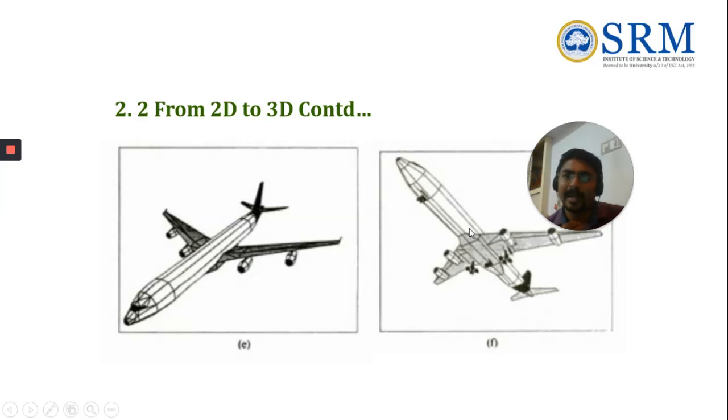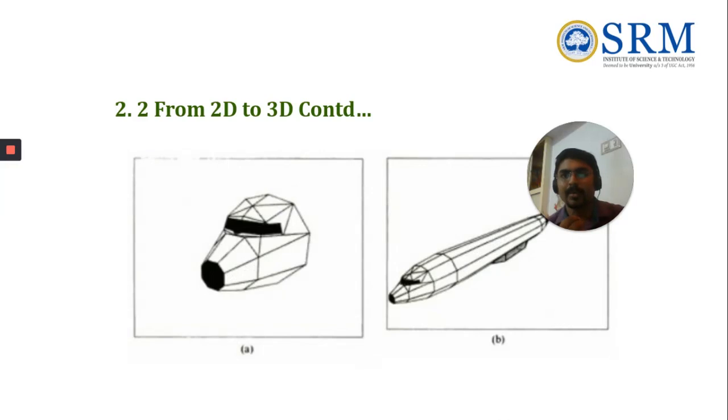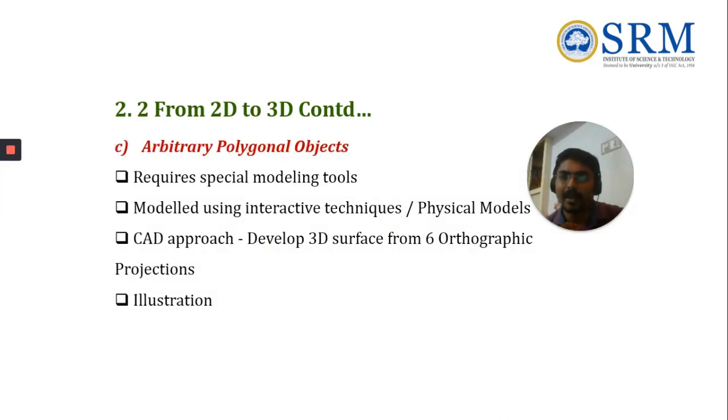So we can have n number of items to be added in terms of right and left angle rotation, or front and back rotation, or front side and back side rotation. Everything we have to convert, but we have one 3D structure. That 3D structure we have to draw first, then we can rotate it as per the need and as per the angle from the projection line, or the point from which we are actually seeing it. So this is about arbitrary polygonal objects.